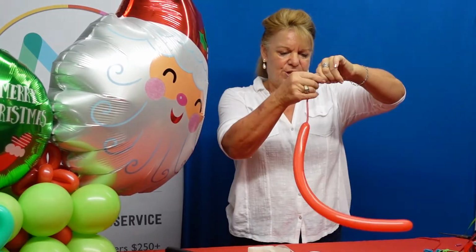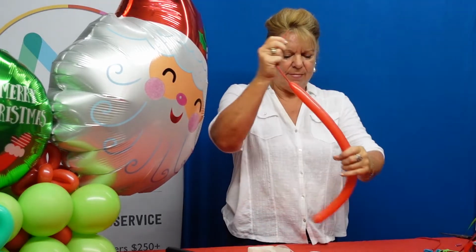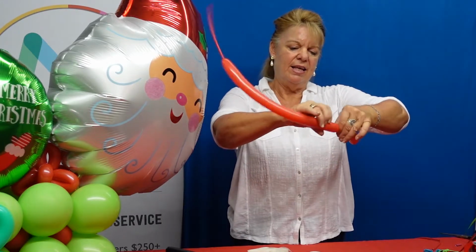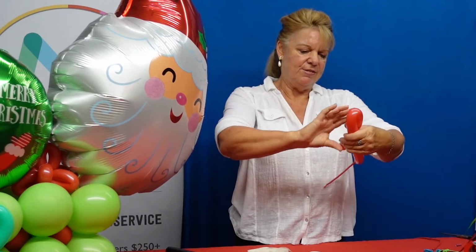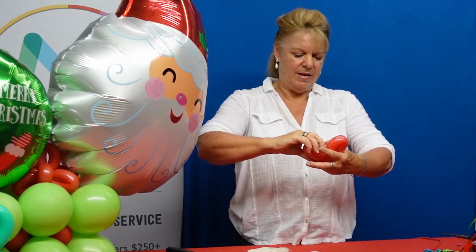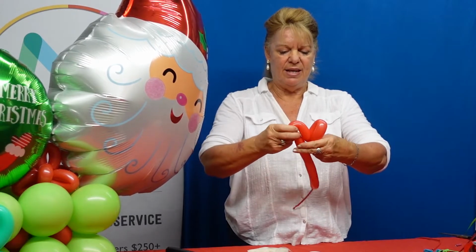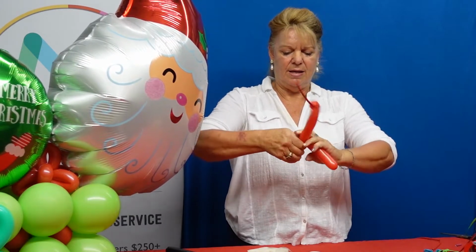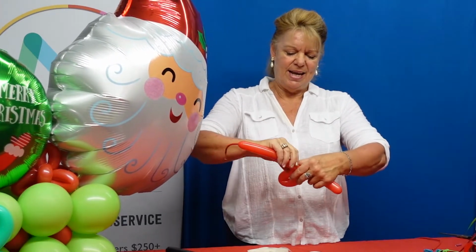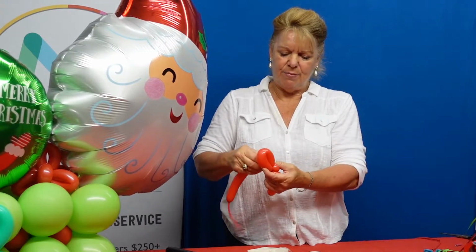So how we do that is we just want to get a balloon, and it's not going to be very big, so this is just going to be a tail. Twist this over. This is my other bow. Twist this over. And give it even. That's good. Now I'm just going to twist, pull that around